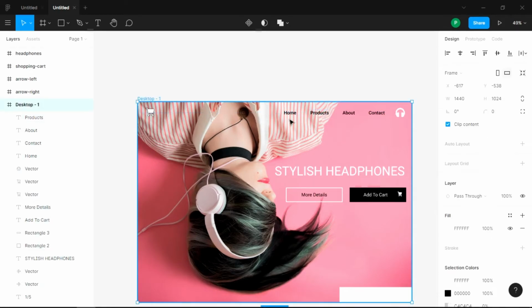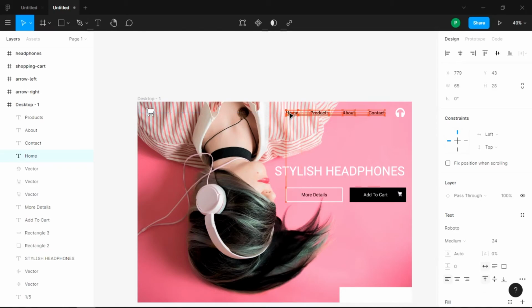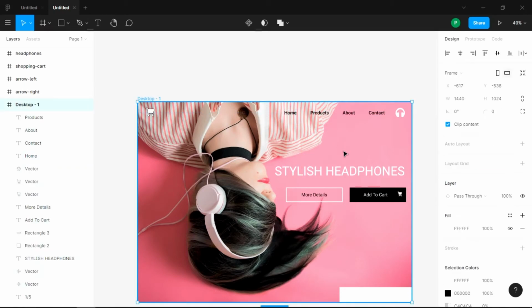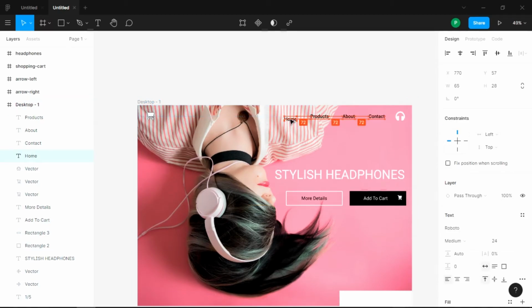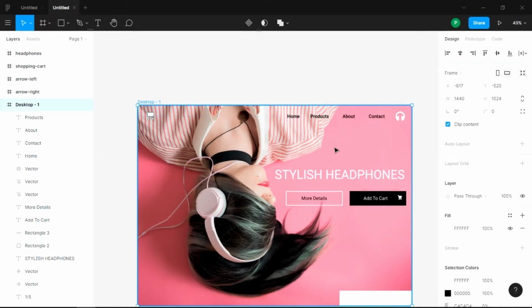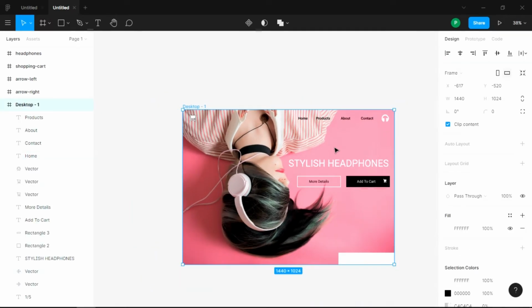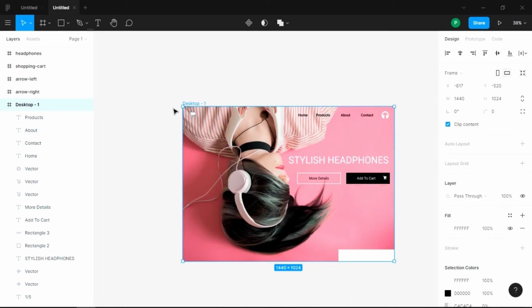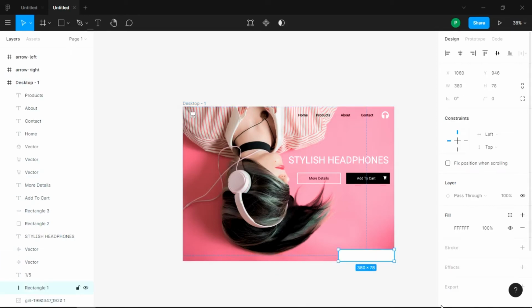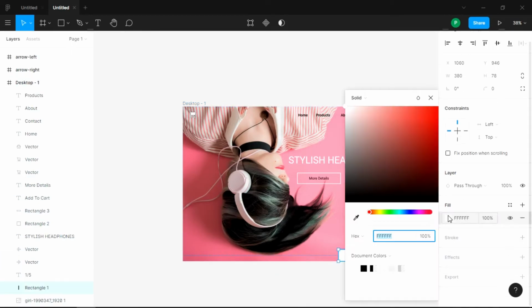Here we got 72, 72. Can also keep the 72 too. Keep the 72 as well, and just maintain the distance between the navbar items and the navbar logo, that is the headphone logo here. It's completely fine. Let's change this to black color. I don't know why it turned to white color. I changed this to black color in the early part of this video.